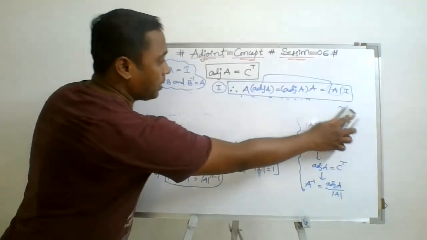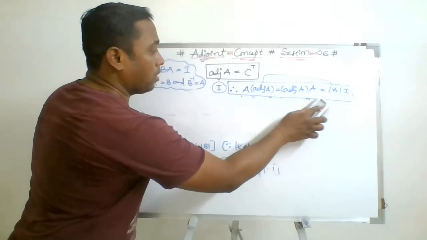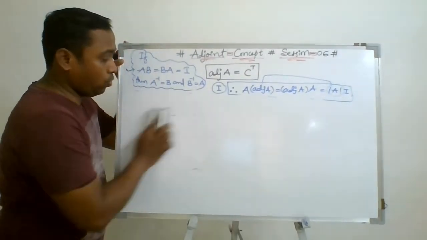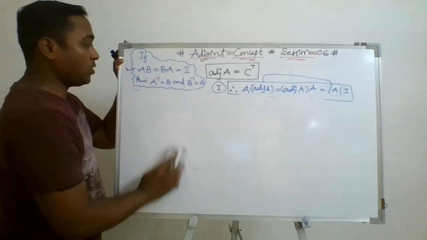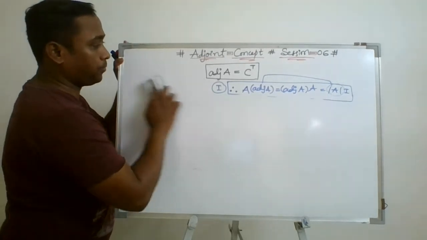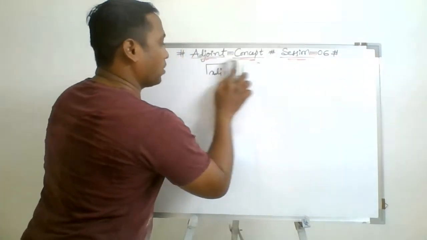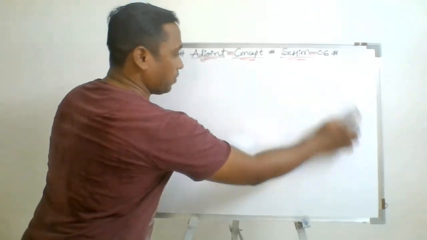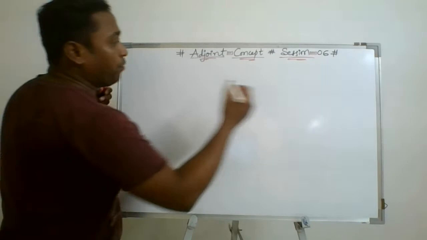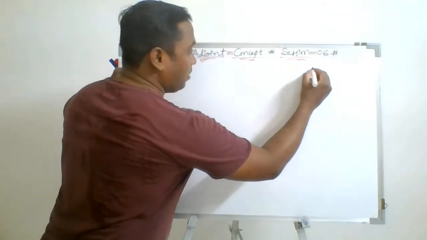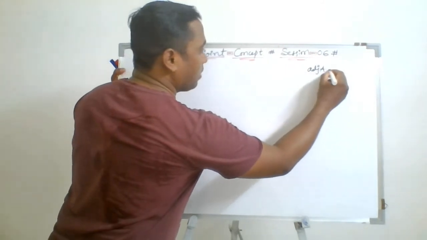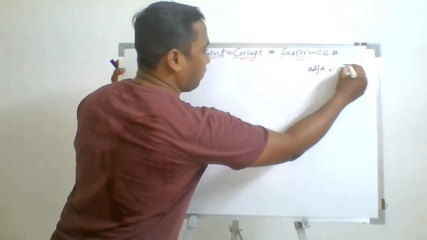But these sub results are only possible on which condition? If det A is not equal to 0, means the square matrix must be what? Non-singular matrix. So simply I am writing the things which we have discussed. We started with the adjoint concept, the definition of adjoint of A matrix. It's simply the transpose of cofactor matrix.